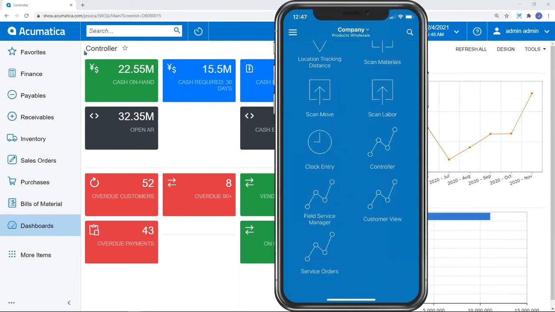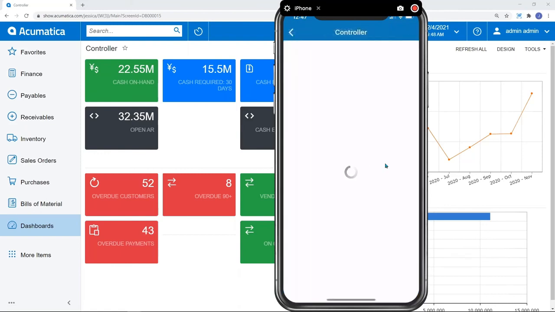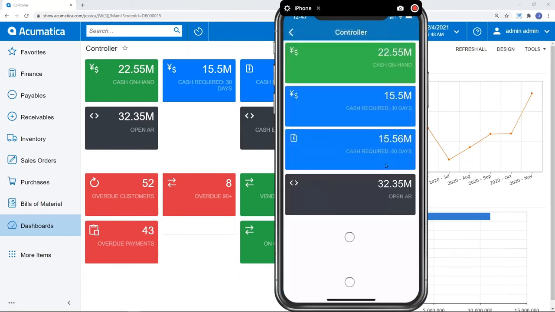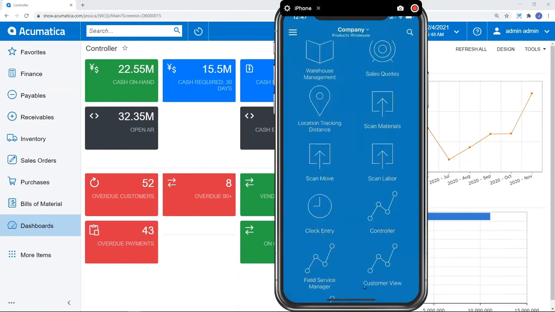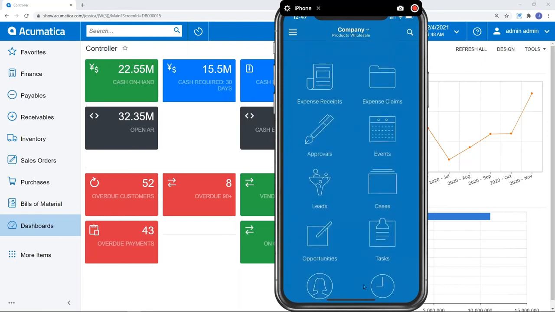So maybe just a quick example. Here I see my controller dashboard. I also have that out on my mobile device. And I'll just drill down into that so we can see the exact same data. Again, no smoke and mirrors. Everything is completely translating from my mobile device to my ERP in real time. There is no delay. There is no sync between the transactions happening here and the transactions happening here. We are using the exact same database and hitting all of the exact same data points.